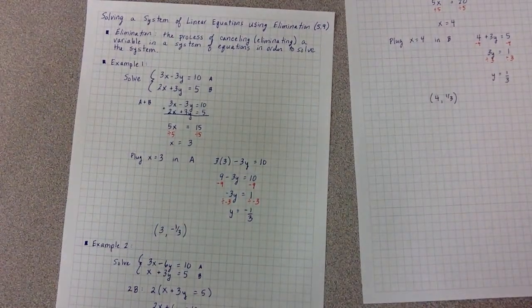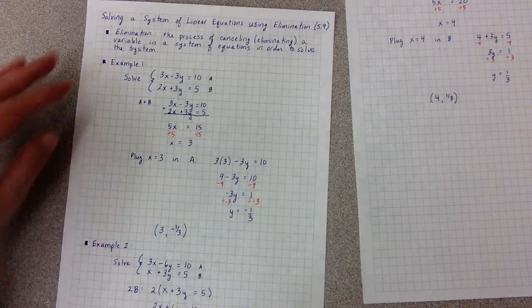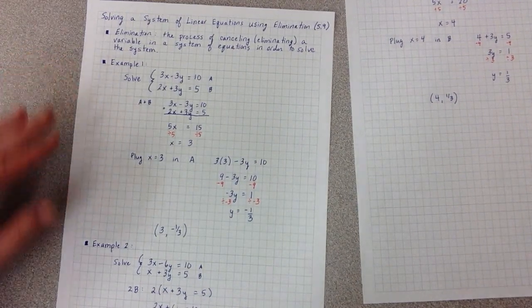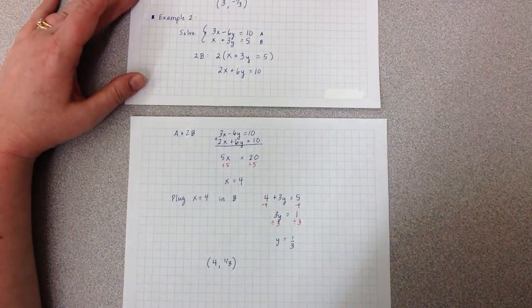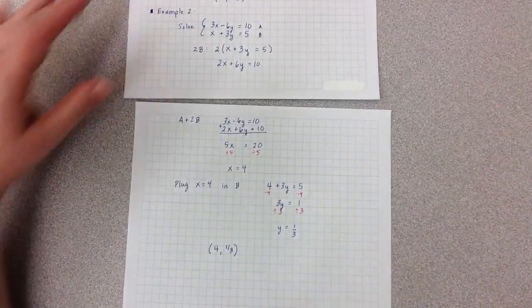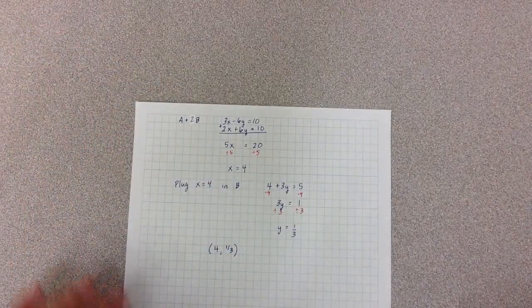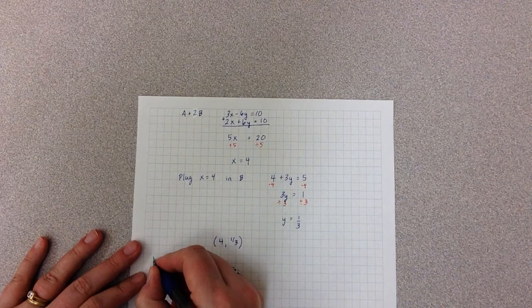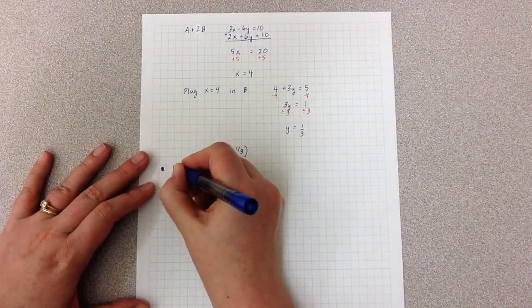This is the third part of solving a system of linear equations using elimination, which is the task connected to task 5.9. We've already done a first example. We've now completed a second example, and we're now going to do a third example. So each example, things are getting a little bit more complicated. So in our third example,